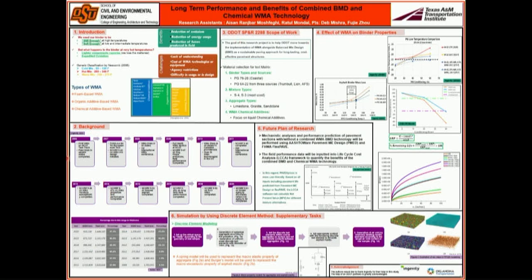Fujie Zhou. The concept of warm mix asphalt evolved with the fact that when asphalt is exposed to very high temperature, it gets oxidized and becomes very stiff. And if we reduce the asphalt production temperature, then we can improve the cracking performance. There are several types of warm mix asphalt technology, which are foam-based, organic additive-based, and chemical additive-based warm mix asphalt. And when I speak about warm mix, the temperature range is 220 to 275 degrees